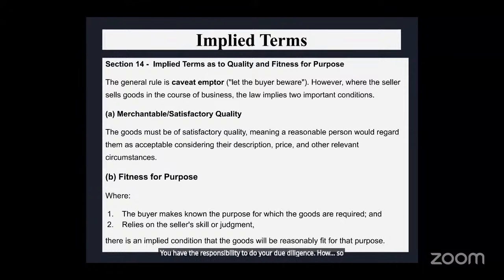So based on this general rule, the aim of the court is not simply to protect you from making bad decisions. However, Section 14 provides that irrespective of the caveat emptor, buyer beware,